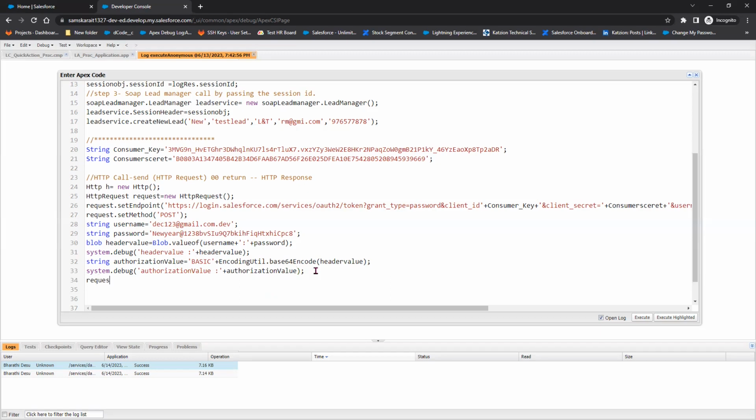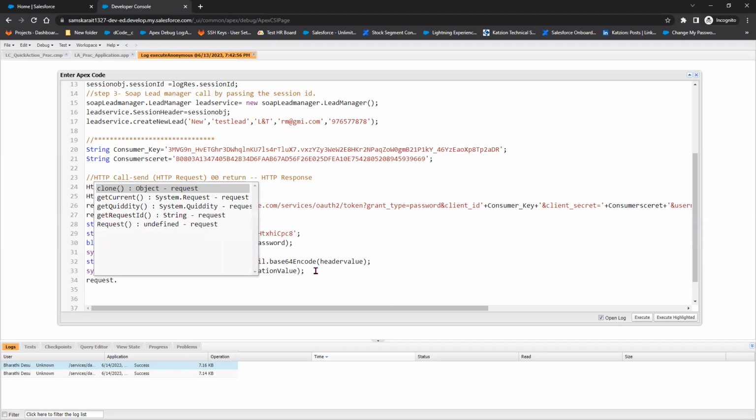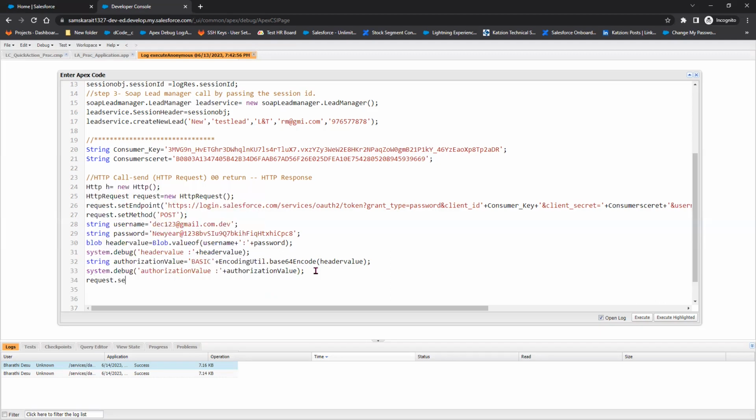Then I have to provide the request dot set header. In the set header, there are two parameters. One is a string, and the other one is also a string. But what I need to process is the header value, after converting it. Whatever it is storing here, that data I need to pass to the header. Now the key, you can give it as authorization,